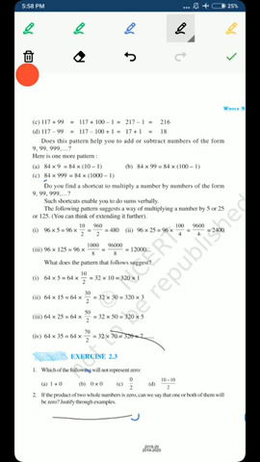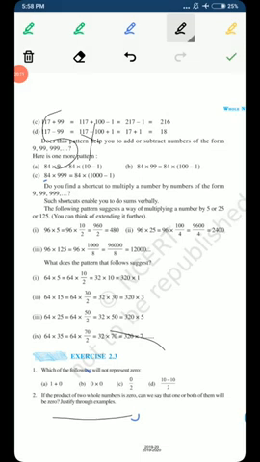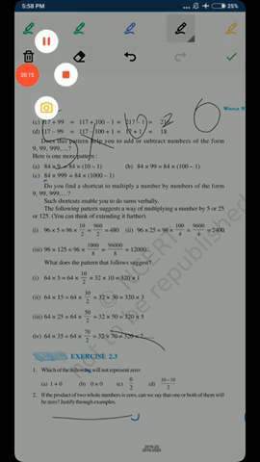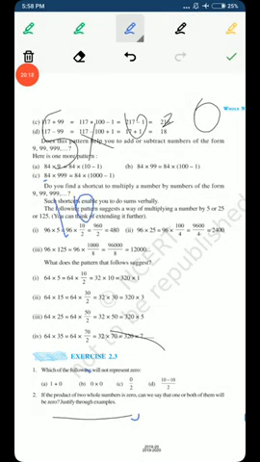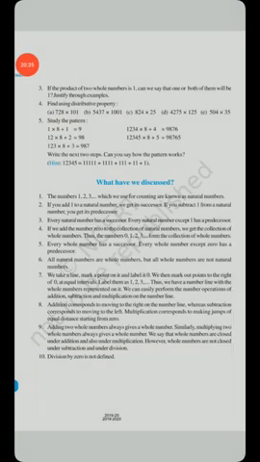because a product is 0 only in a case when we are multiplying a number with 0. Whenever we multiply 5 with 0, the product is 0. Whenever we multiply 10 with 0, the product is 0. Means any number multiplied with 0 is always 0. So if the product is 0, then one of the numbers or both of the numbers will be 0. And you can give these examples. Now see the next question.